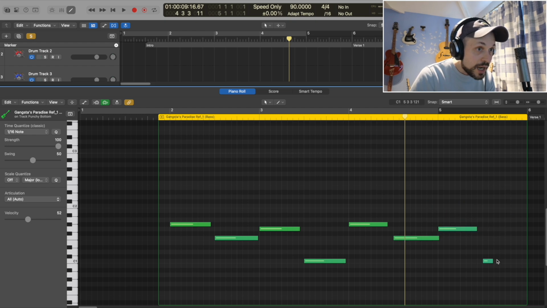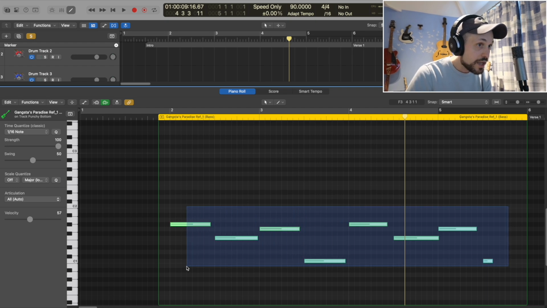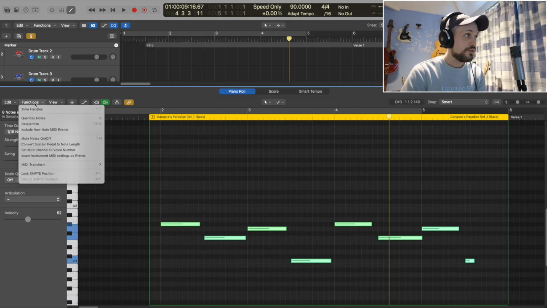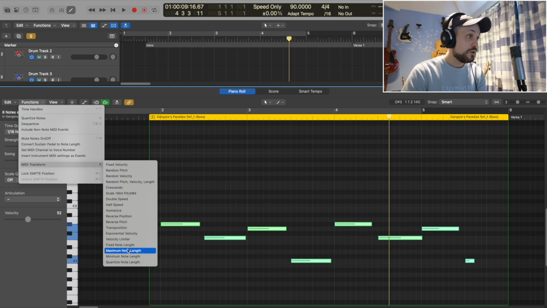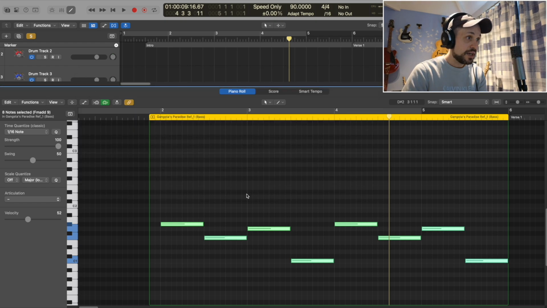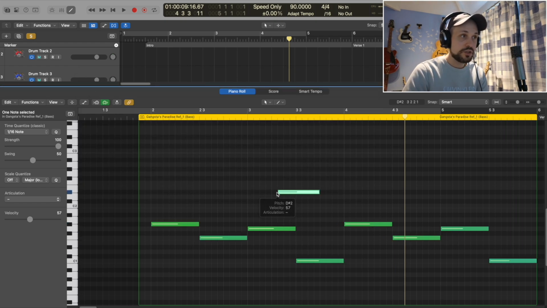Now I want to really tidy this up further by making each note exactly the same length and last exactly 2 beats. So again, if I highlight everything, go to Functions, then MIDI Transform, then choose Fixed Note Length. What we can do here is set this to 2 beats, select and operate. And again, if I quickly undo what I've just done there,